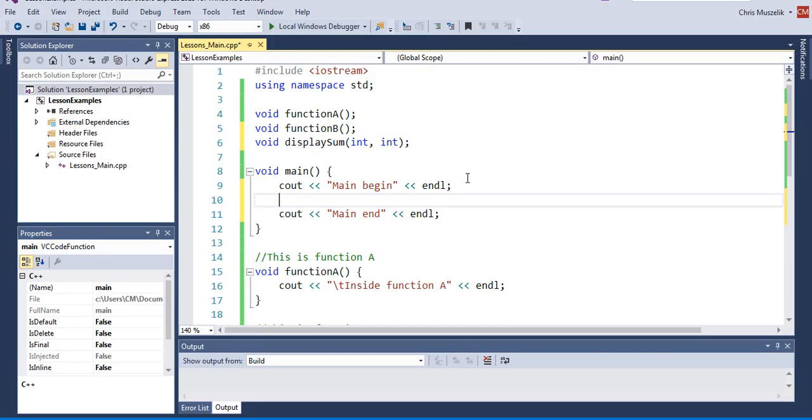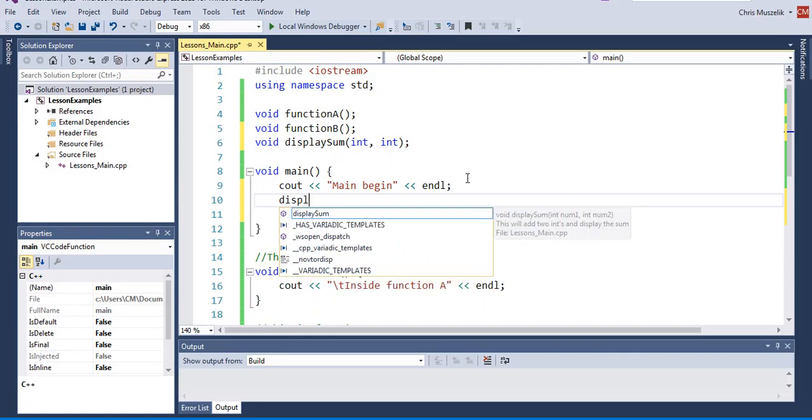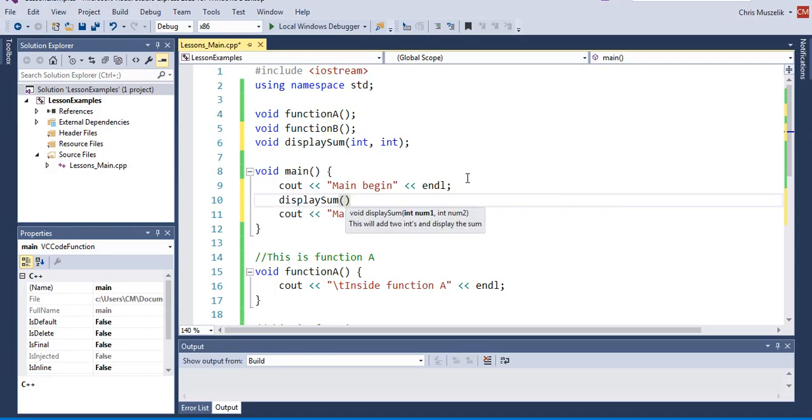So what I need to do is call display sum, and now you'll see, like with the IntelliSense, that's just cool. Even throws the comments in there. That's something new. This tells you that we need to provide it with 2 integers separated by a comma. So here I'll just pass in 10, comma 20,